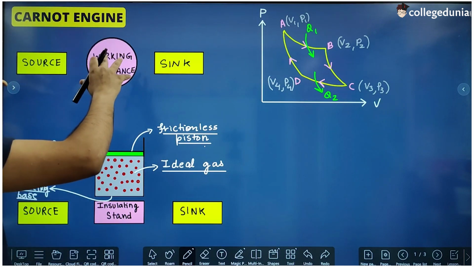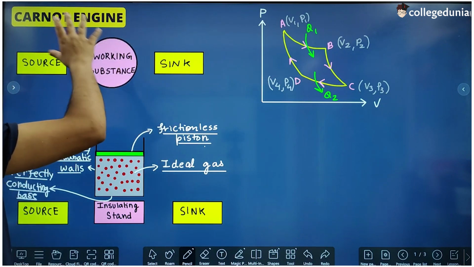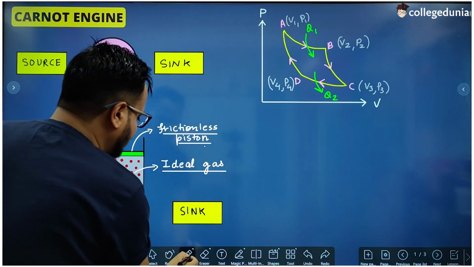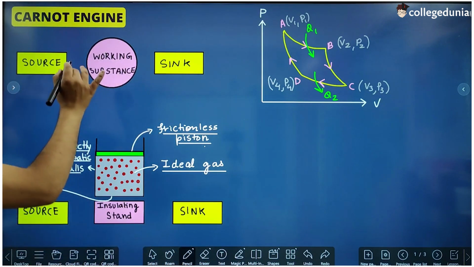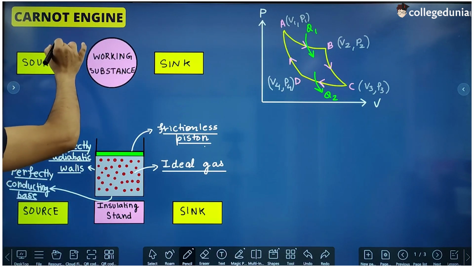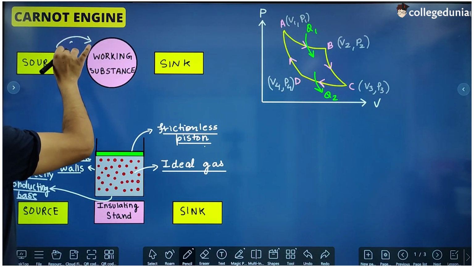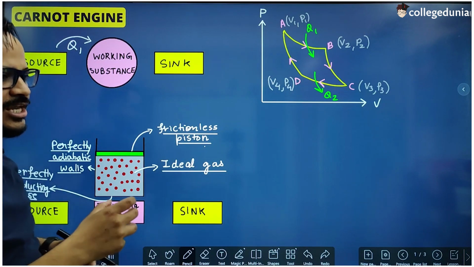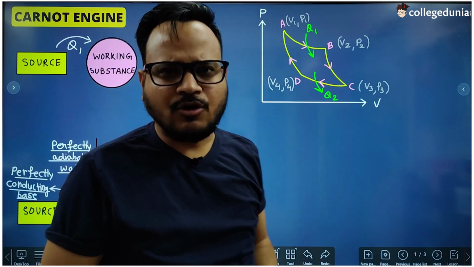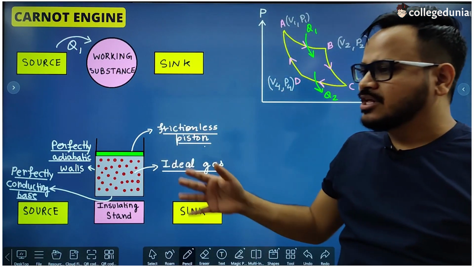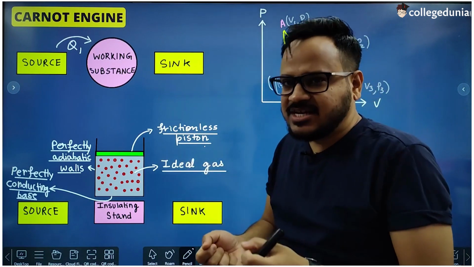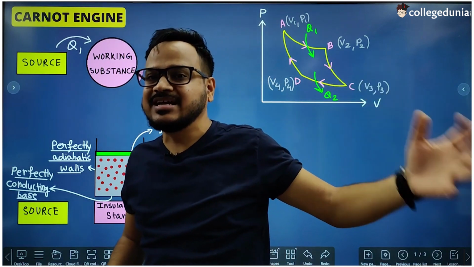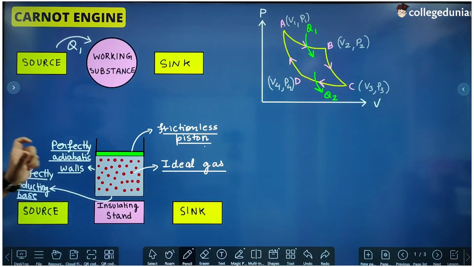A heat engine is basically composed of three parts. First part is called source, second part is the working substance, and the third part is called sink. Working substance extracts some heat from the source. Suppose the working substance extracts heat Q1 from the source. Source is something from which heat can be extracted. For example, in case of train's engine, this source is the furnace from which the steam is taking heat, a furnace in which the coal is being burnt, or in recent times diesel is being burnt. That furnace is the source, right?